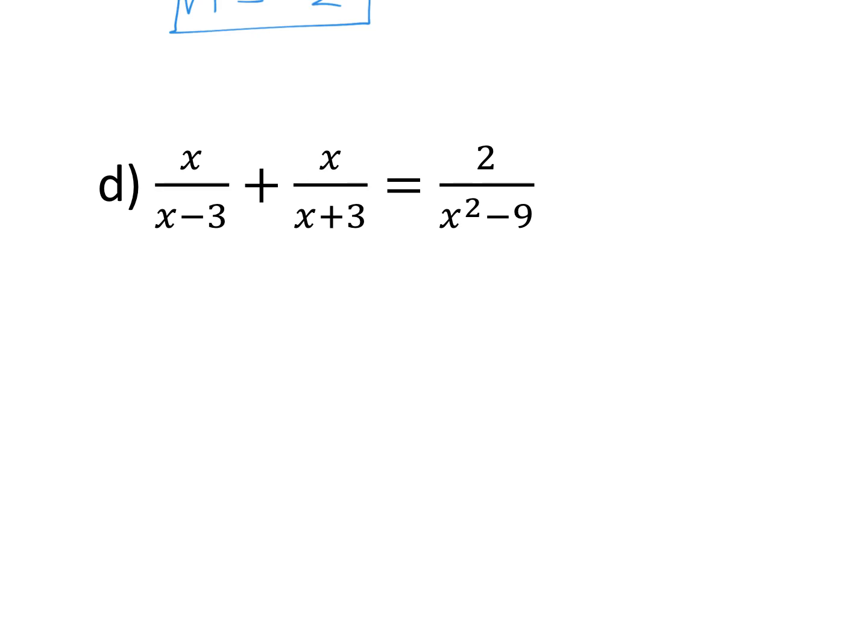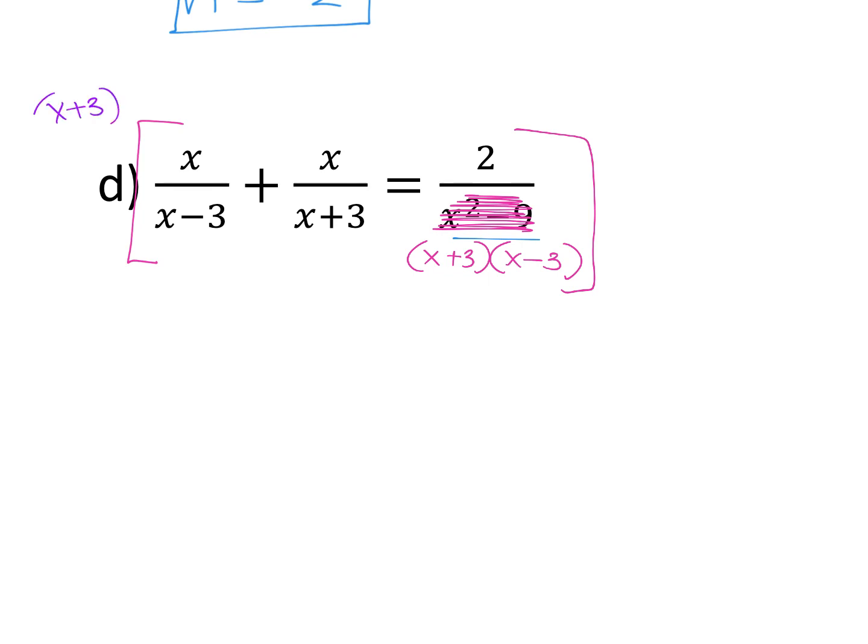Factor, right? You see the difference of squares? What does that become? Plus 3 and -3. X plus 3, x minus 3. So this is gone. Okay. What is your least common denominator? Plus 3 times x minus 3. X plus 3